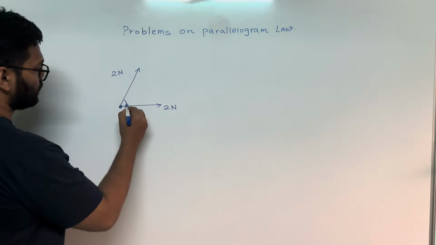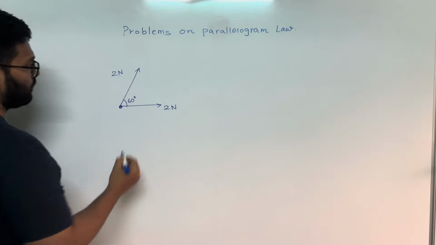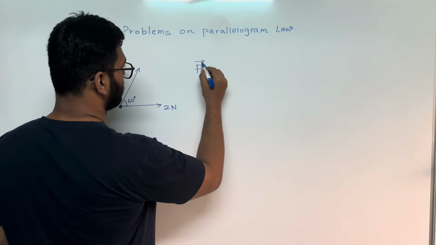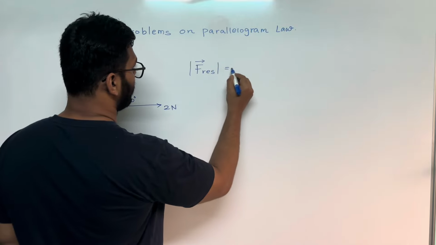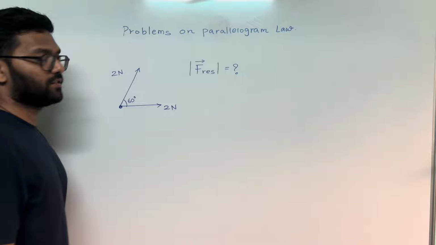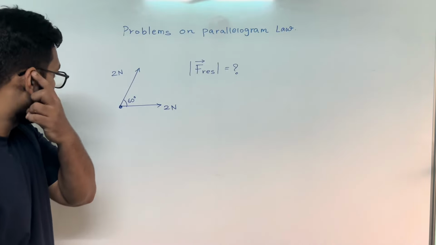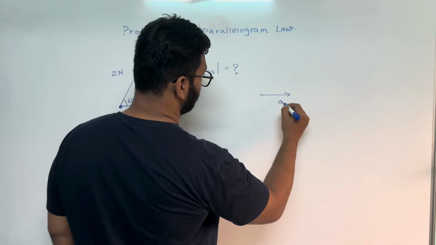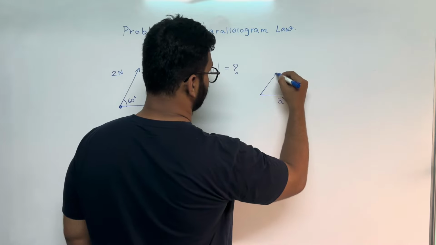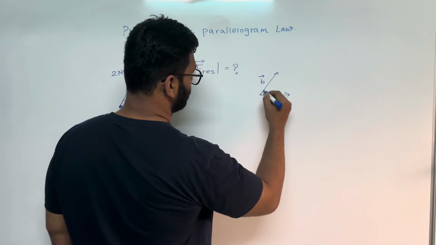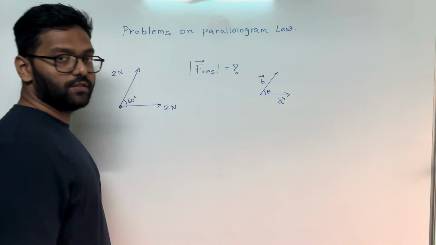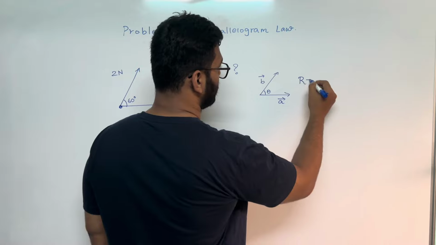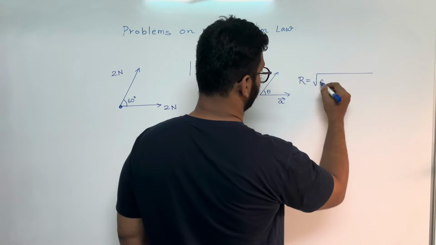The angle between these two vectors is 60 degrees. We have to find out the resultant force vector magnitude as well as the direction. Let's look at this question, how we can do that. Suppose we have two vectors a bar and b bar like this, and the angle between these two vectors is theta. Then we know, according to the parallelogram law of vector addition, the resultant magnitude is given by this formula,